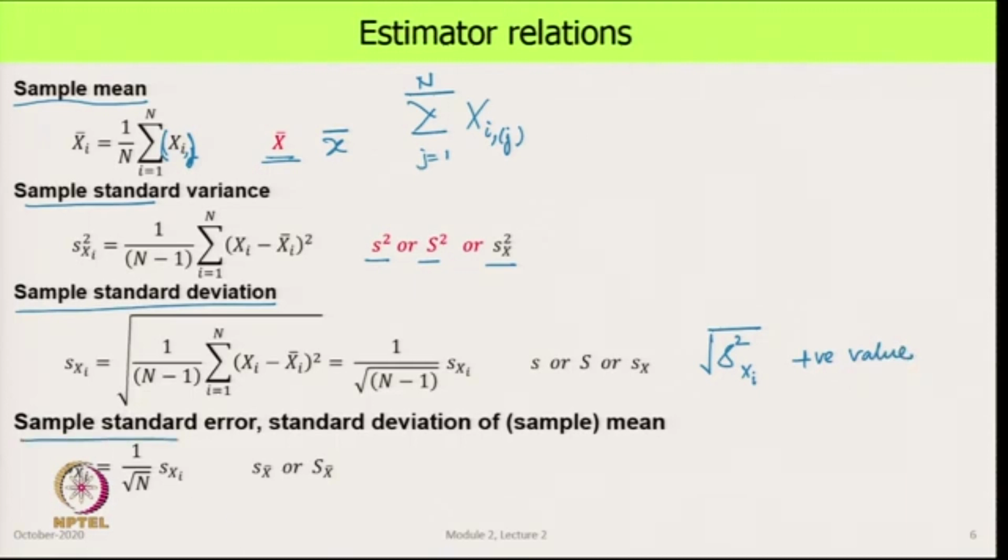And the sample standard error, or the standard deviation of the mean s x I bar, is 1 upon root n times s x I. So, this is the standard deviation of a sample which consists of all the sample means,